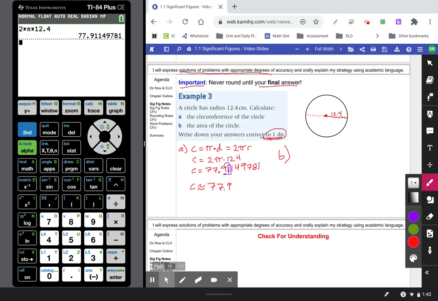Part B now, we want the area of a circle. So our formula for the area of a circle is pi r squared. So we're just going to throw our values into that. So now we've got pi times our radius, which is 12.4, and we're going to square that. So now we'll just go back to our calculator and do basically the same thing, just with these new values. So we've got pi times 12.4 squared, and that gives us a really, really close exact value of